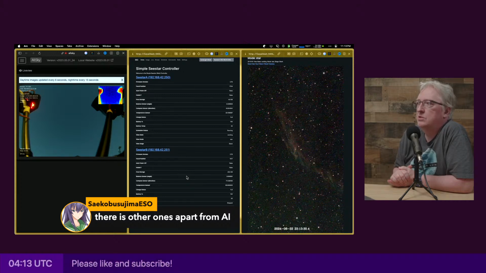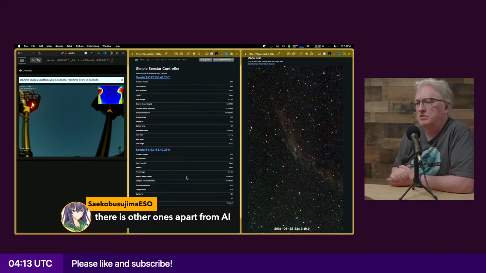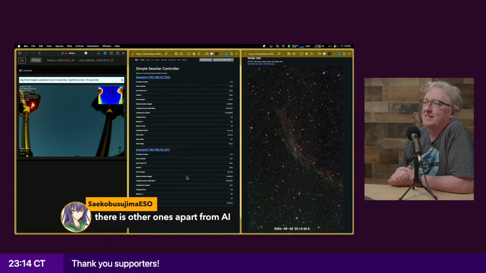But the other thing I've thought about is that it's fairly easy to have a web interface that shows the night sky, because there are third-party libraries. I was like, well, we could build it into the SSC, where it could actually show you where in the sky the telescope's pointed.